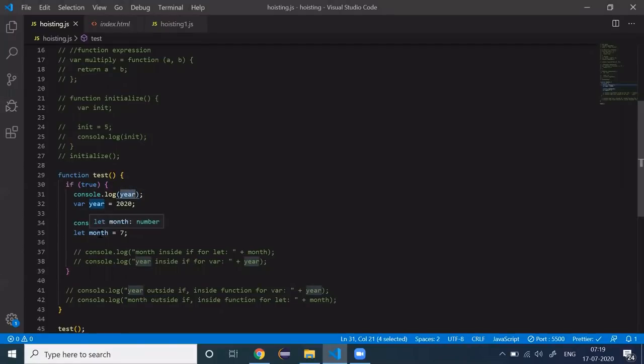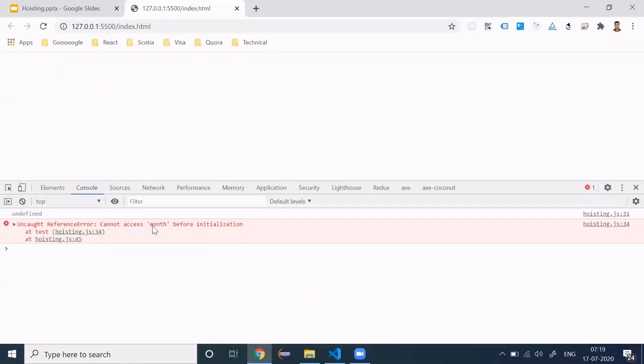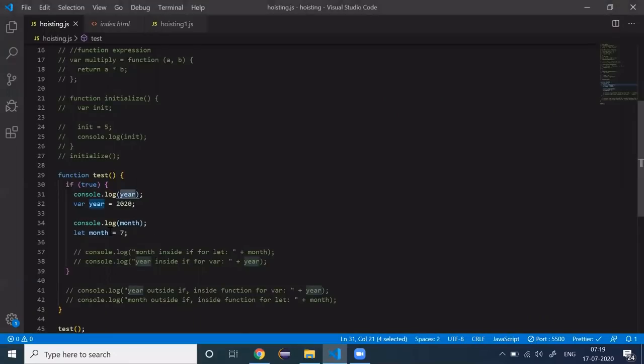But for let, it's not the same case. It's giving you the error that you cannot access month before initialization. So when you declare the let variable, from that line up to the top of the scope is called the temporal dead zone. You cannot access this month variable in that zone. This is the difference between let and var as well.